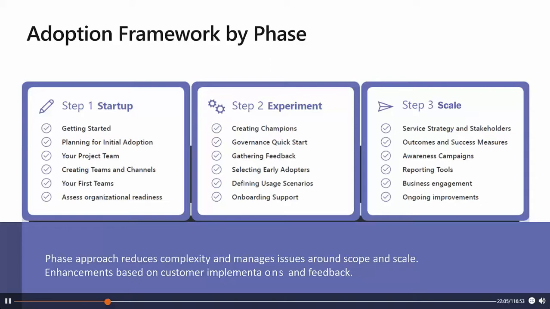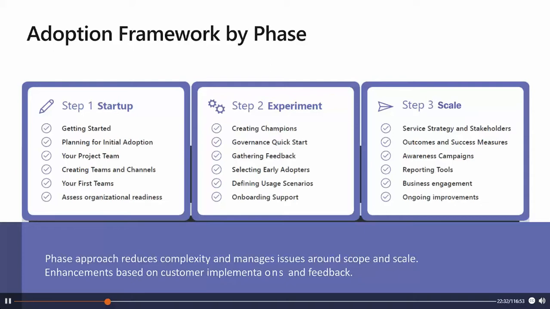That's the startup itself, obviously. In this first phase, you will gather your team together, set up initial teams, and use Teams to begin planning Teams adoption, for example. This approach will increase your technical familiarity with the product itself and help you to build the skills necessary to successfully complete the subsequent phases.